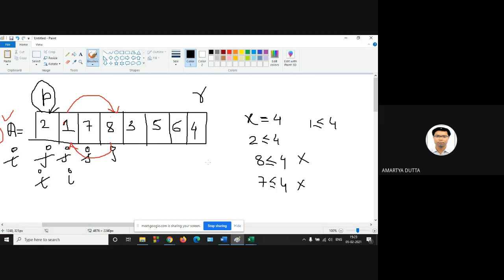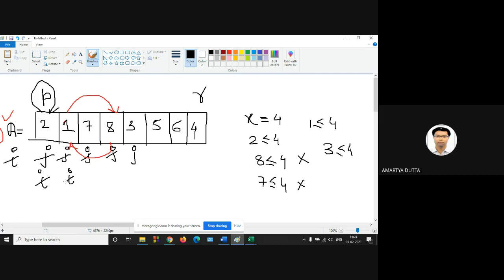Next, increment the value of j. This is 3. So 3 is less than or equal to 4. What should I do? Exchange with i?